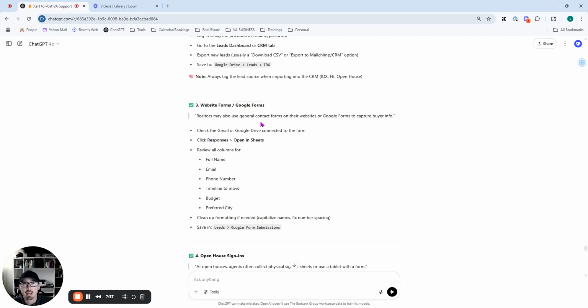What a form basically does is collect someone's data, so it becomes a lead. Check the Gmail or Google Drive connected to the form or website. Click responses. Generally, even in Go High Level or other places, they will respond to your form. Then you open it in Sheets, and again, it'll have different information, especially if you do giveaways,